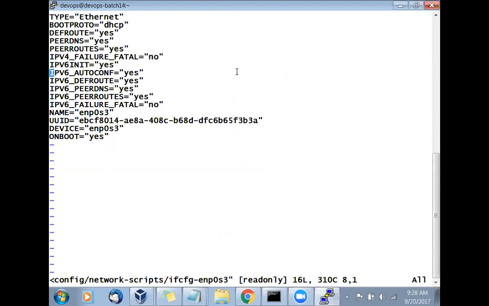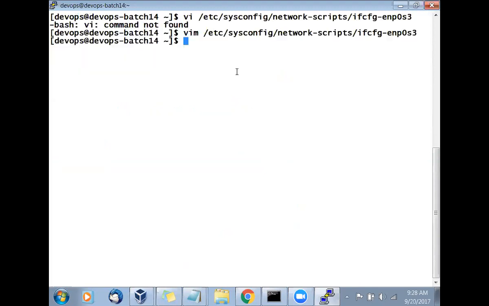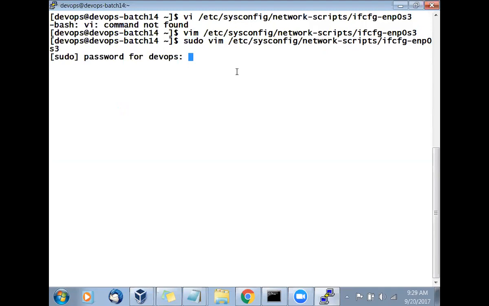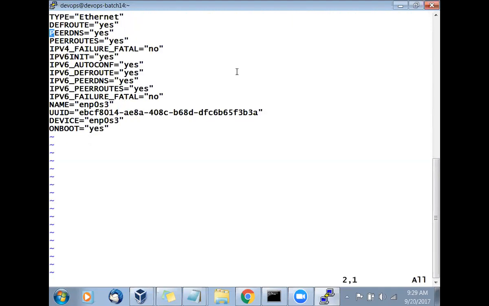Okay, now two parameters are important. Number one, what is that? Boot protocol. So I will bring it down. Okay, hold on. What I will do is say sudo. Why do I say sudo? Because a normal user cannot edit or change this file, only the root user can. So I am going with sudo and giving the DevOps password. I will cut this line and paste this line. We'll learn how to do that, don't worry.